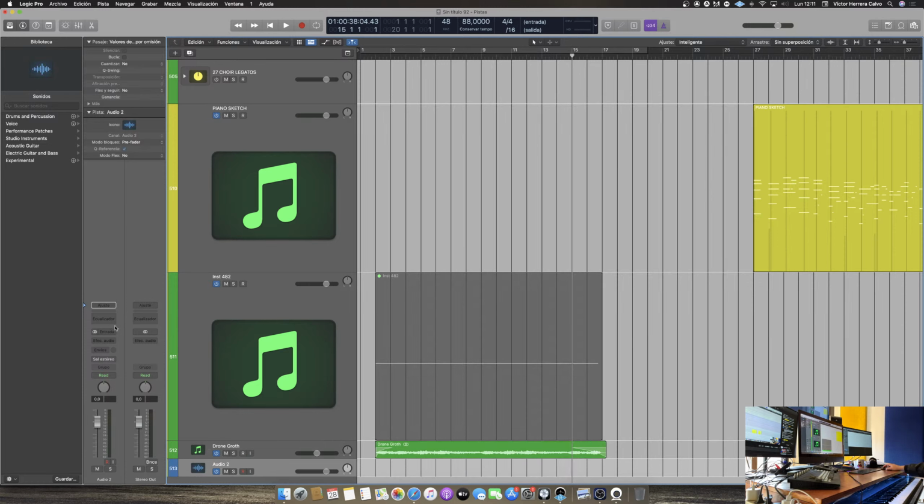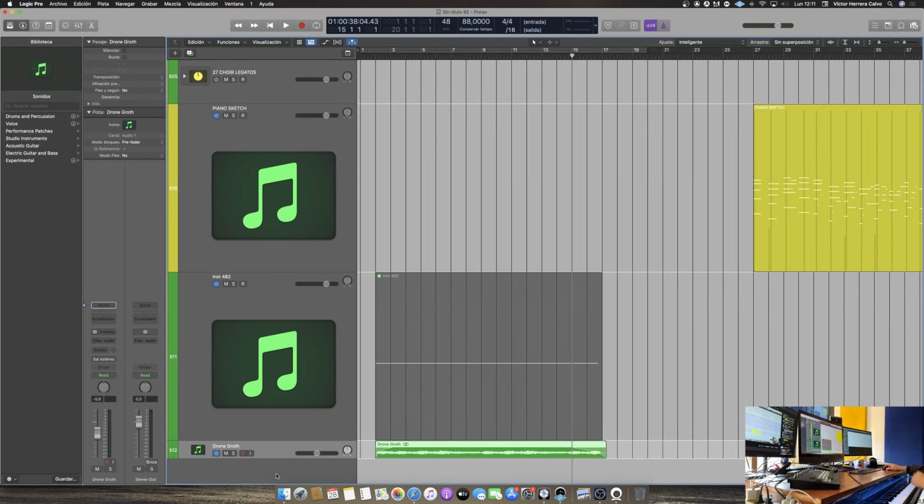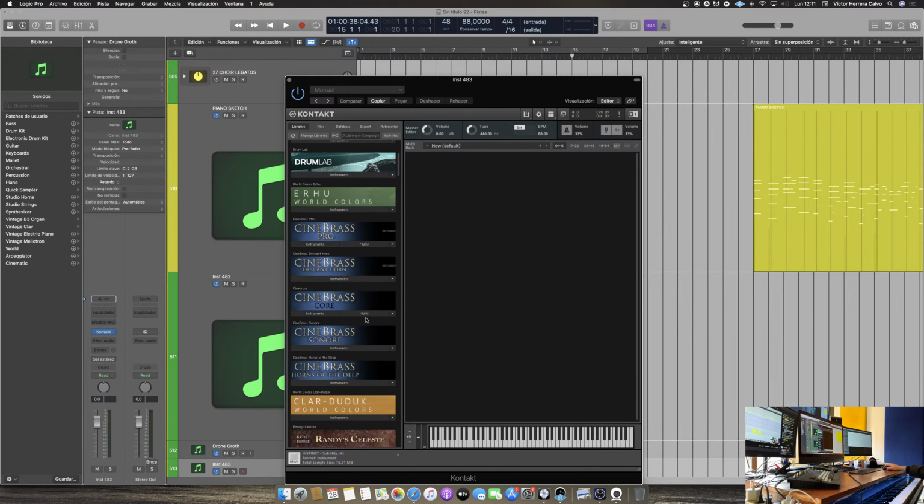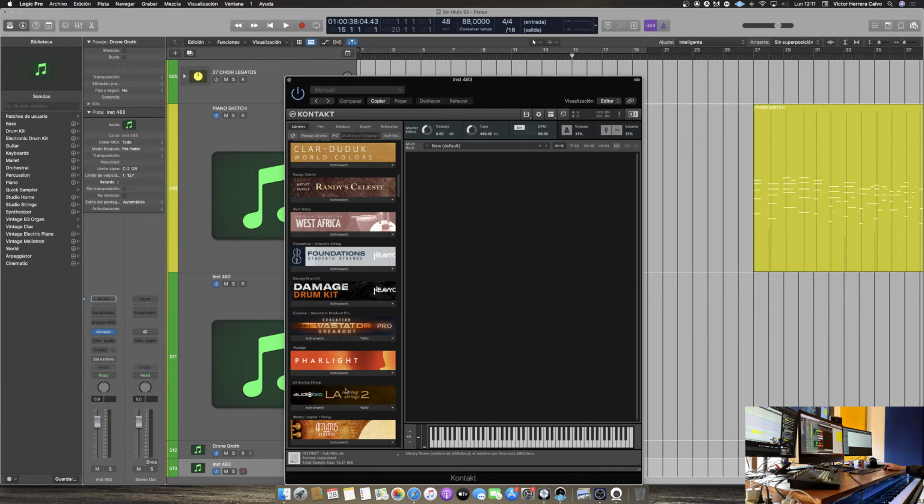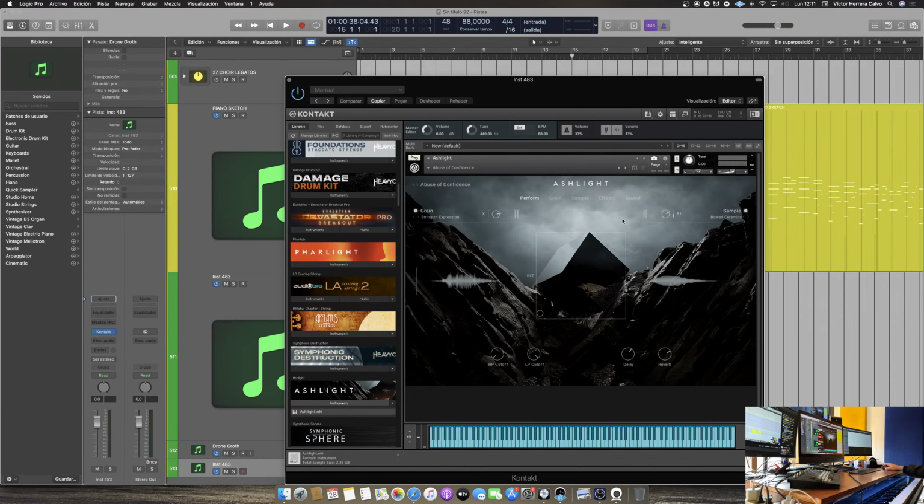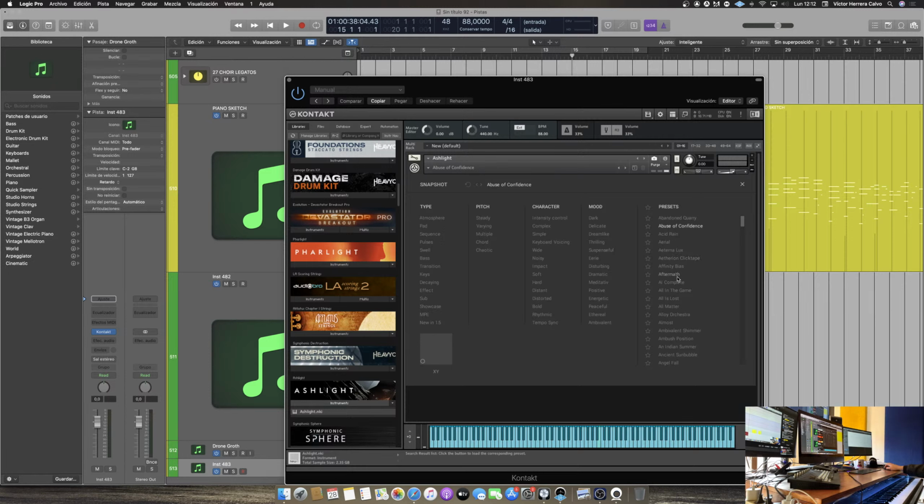And now let's add something else. No, I just want Kontakt, a new Kontakt instrument. Okay, probably we can go with Ashlight, maybe. I think this library has pretty cool sounds for intros and things like that. Okay. So okay, I think I had some favorite ones. Cold Keys is one of them, but